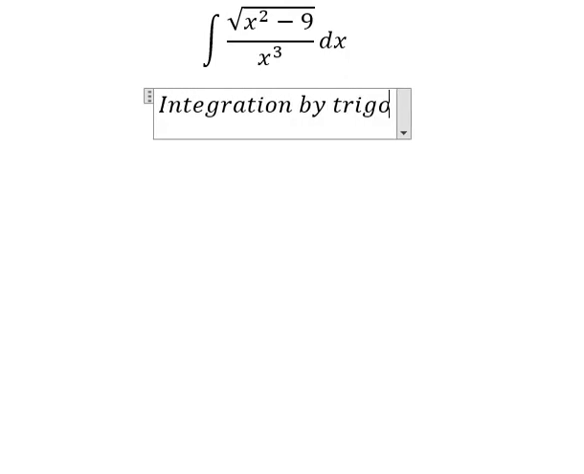Hello everybody. So today I want to talk about calculus. The topic today is about integration. So now I want to show you how to answer. We need to use integration by trigonometric